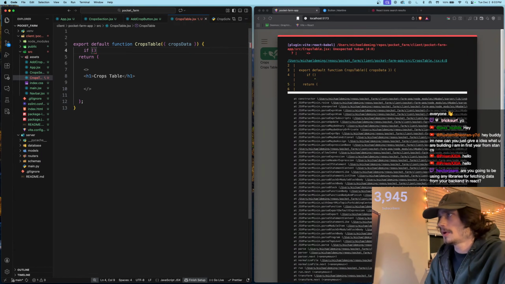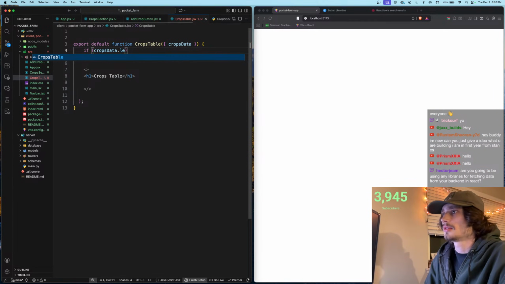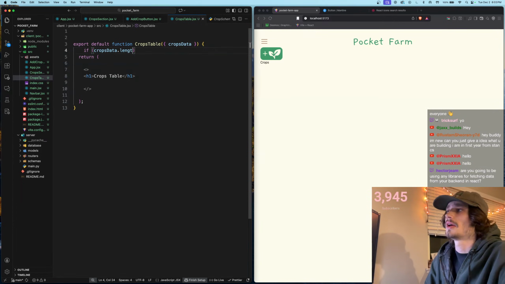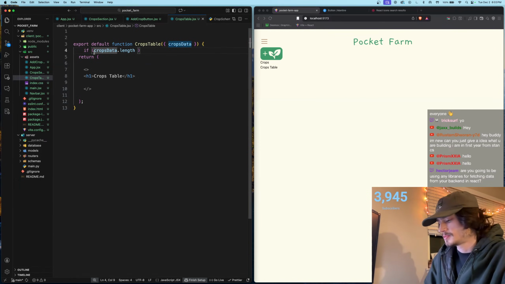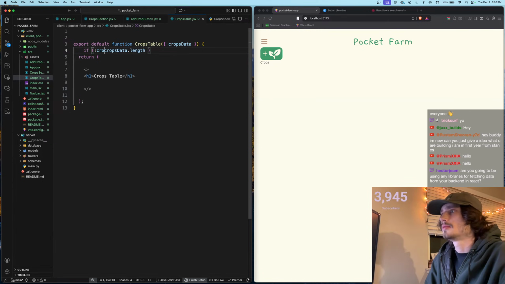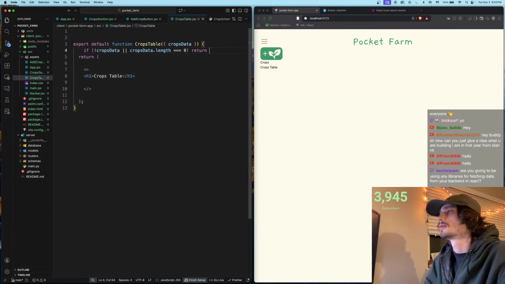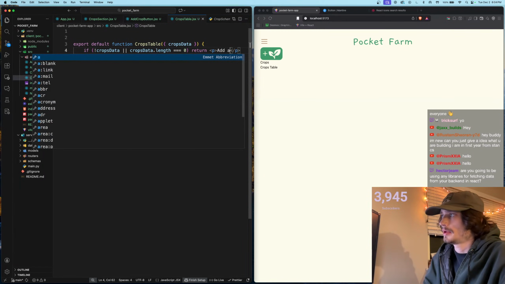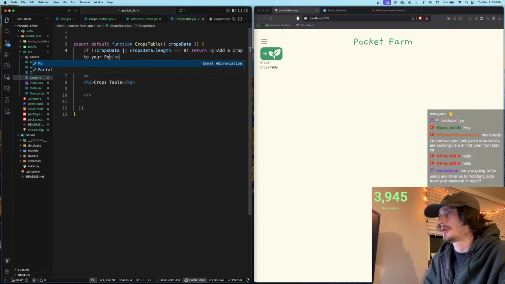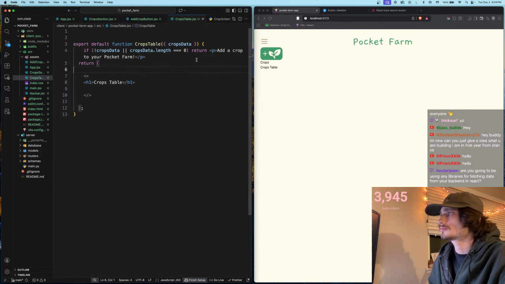If crops data dot length, yeah, there's a length, but we probably could short circuit this by saying if not crops data or crops data dot length is 0, we want to return a paragraph that says add a crop to your Pocket Farm. Okay,